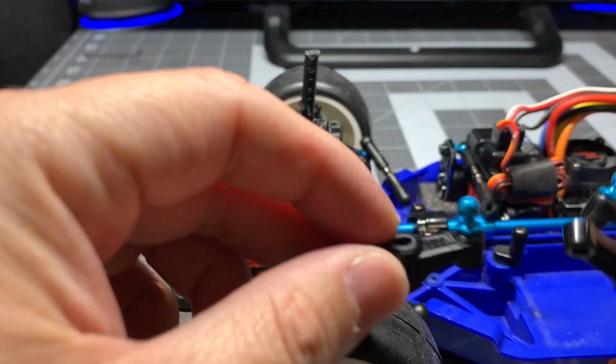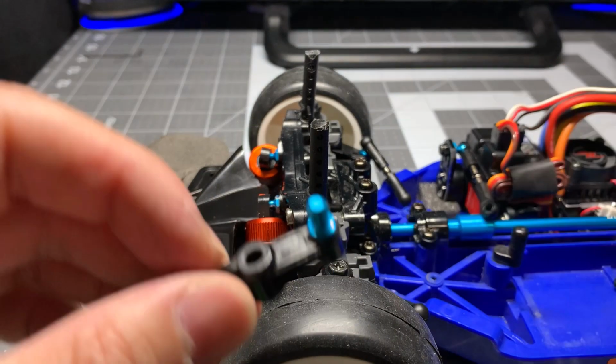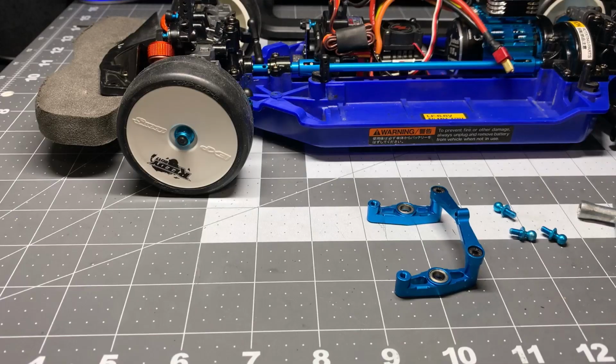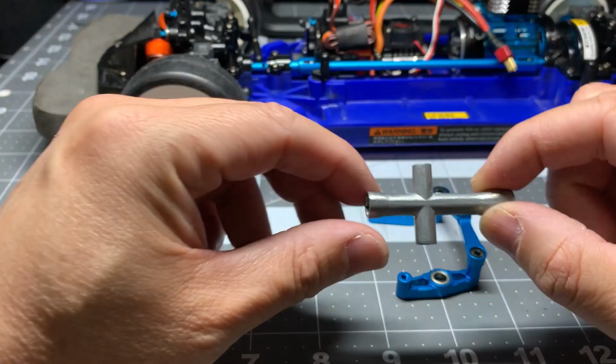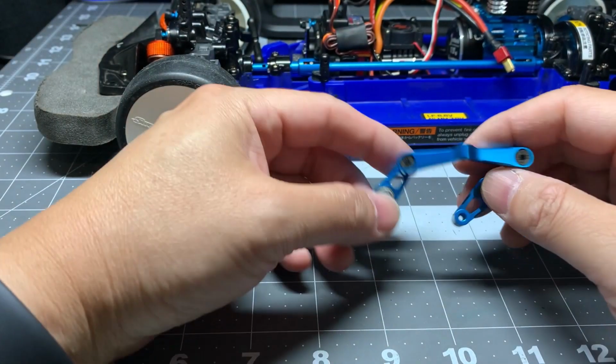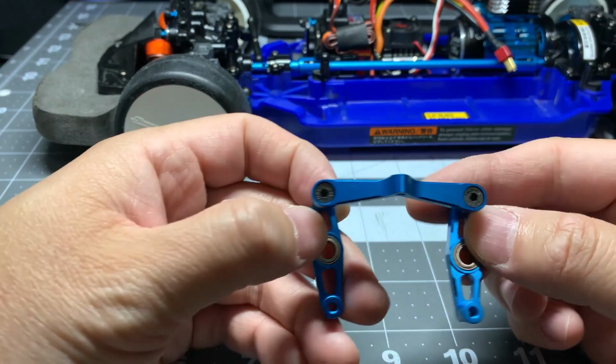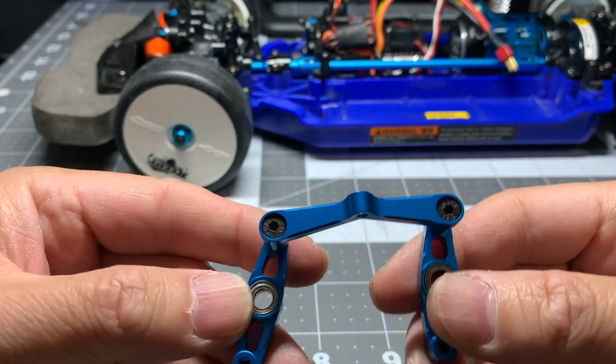Okay, so I'm going to need to recover these three ball joints, and I'll be right back. All right, I just used a really simple wrench there to take off all the ball studs, and you need to pay attention when you're putting this on